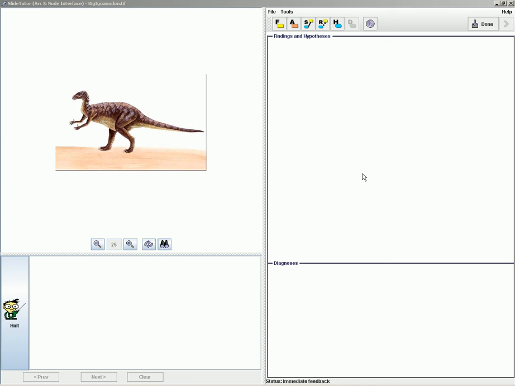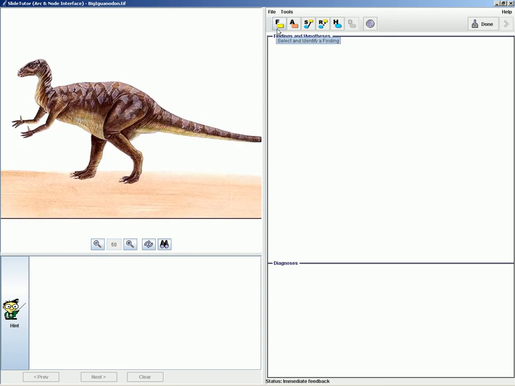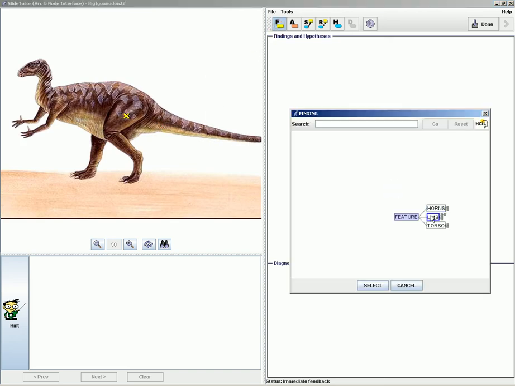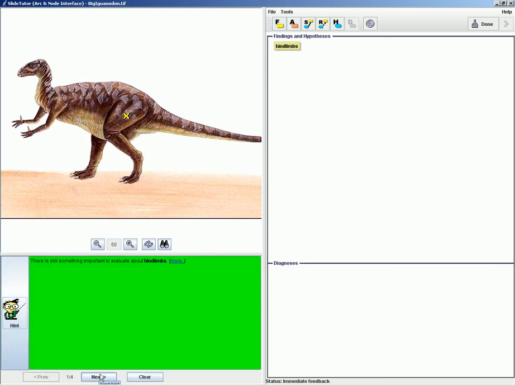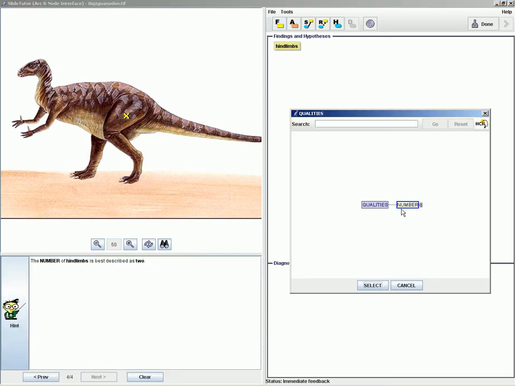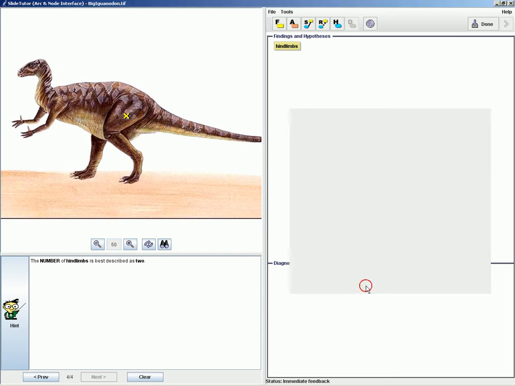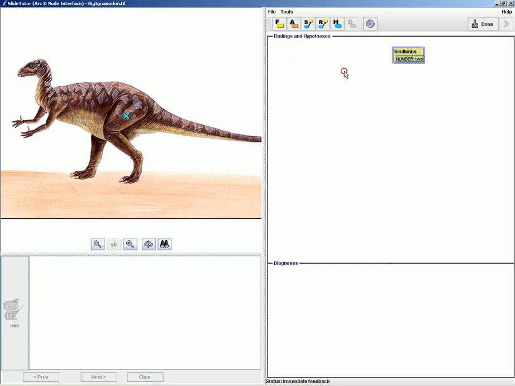Right now, when you start up a case, you're in the regular feedback mode. As you see, it says down here, status immediate feedback. The hint button is available to me. So I'm going to go ahead and just do a couple of things because I want to show you how things work once you're switching into other modes that you have not seen before. So now, as you see, the hint button is grayed out,